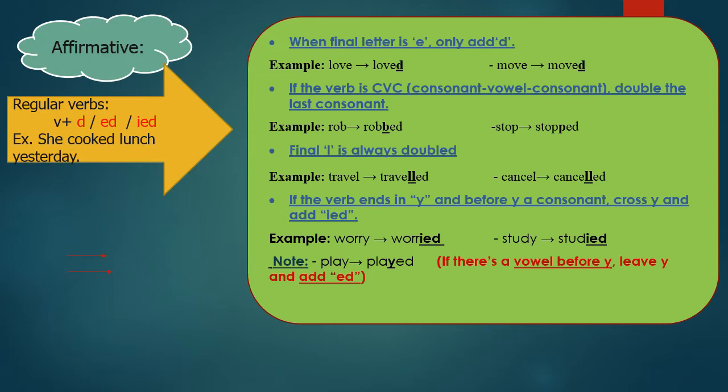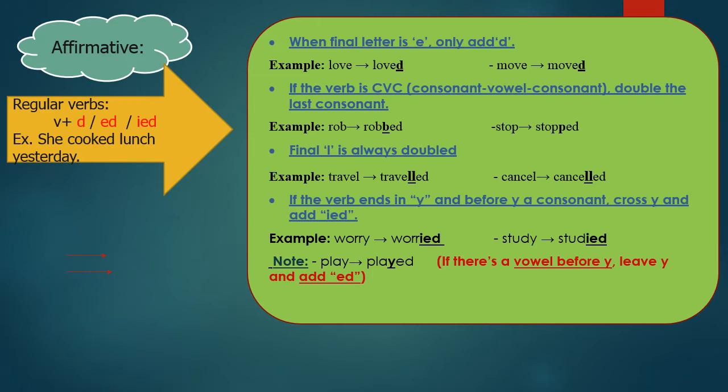Number 3, final L is always doubled, okay? So here, if the verb ends with letter L, I double the letter before adding ED, like the verb travel, traveled, cancel, cancelled, okay? The last point, if the verb ends in Y and before letter Y, a consonant, cross